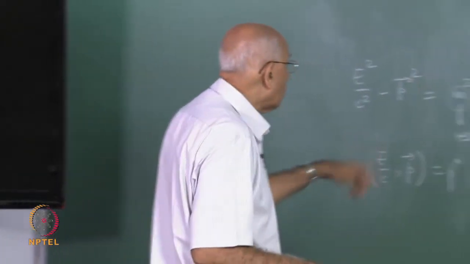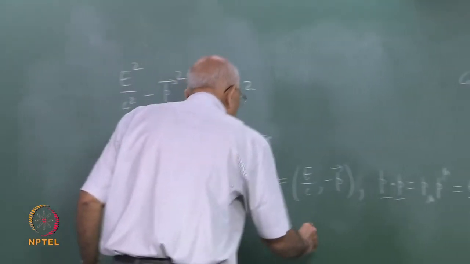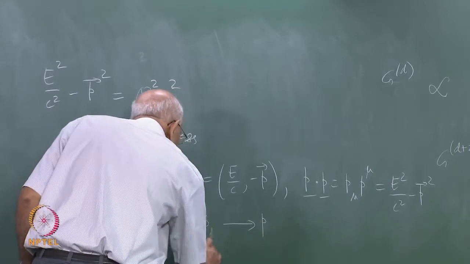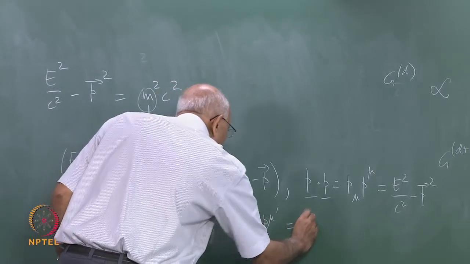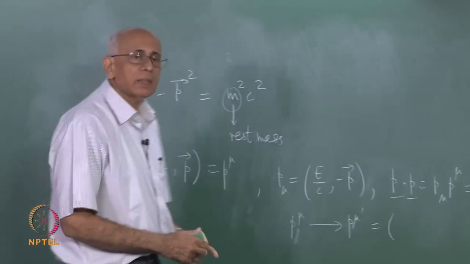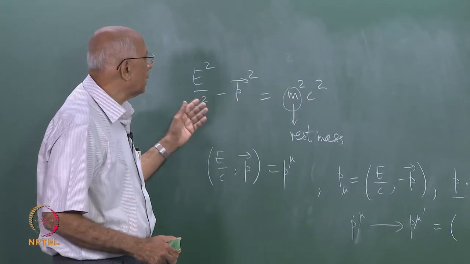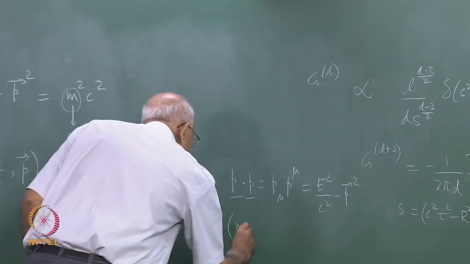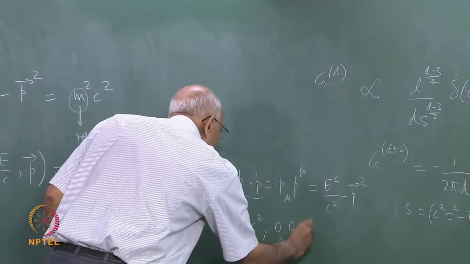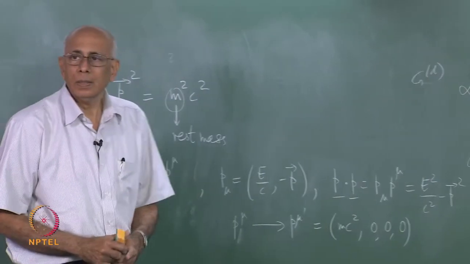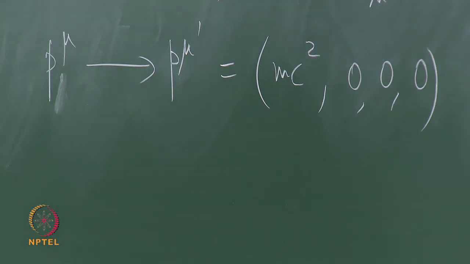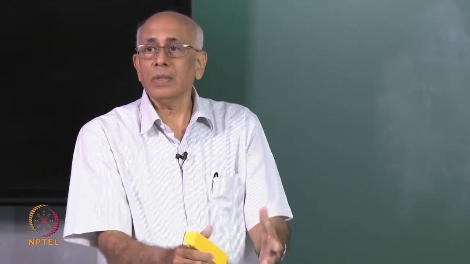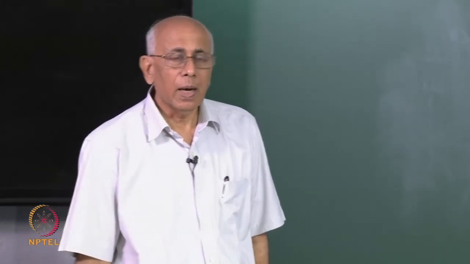So you can always go to a frame of reference in which this particle's p mu goes to p mu prime, equal to whatever its value is when the momentum is 0, and you can see that E squared is m squared c to the fourth, so E is mc squared. So you have (mc squared, 0, 0, 0). That is what you call the rest frame of a particle, right? Because it is at rest, but it has a non-zero energy, the rest energy,